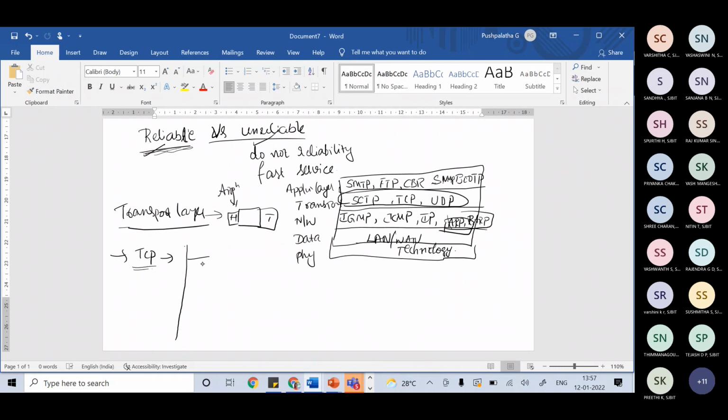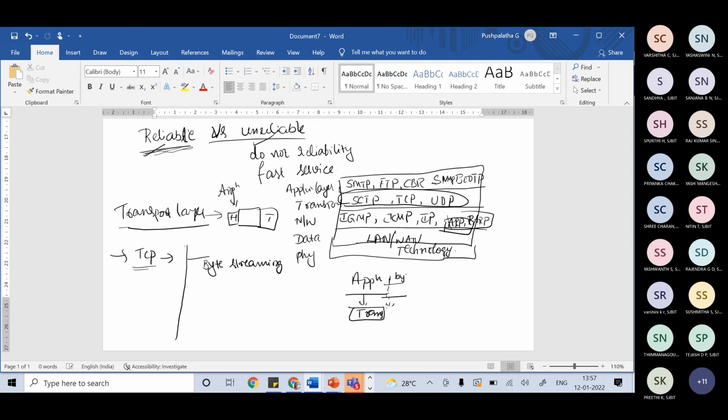When I talk about TCP, it has its own roles, like byte streaming. So what is byte streaming? Say the application layer is sending unlimited data to the transport layer. That unlimited data has to be streamed.